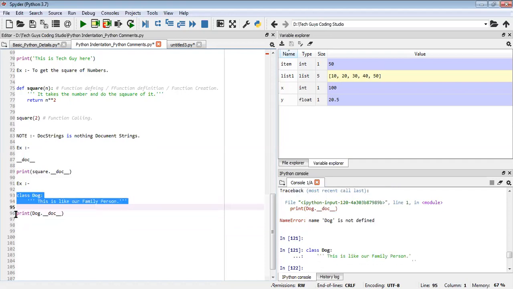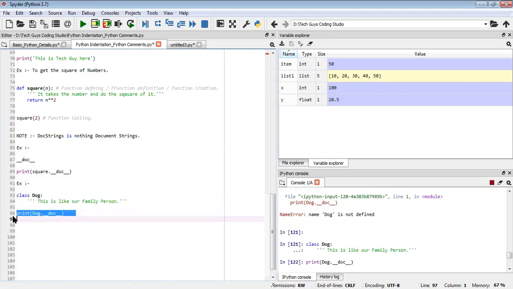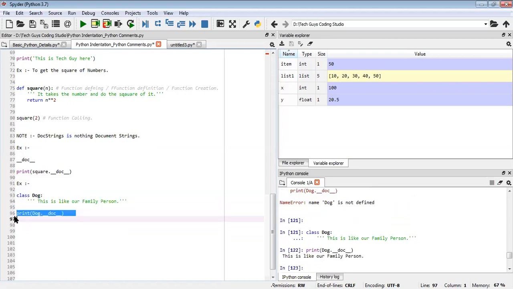First I need to execute it. Okay, this is like our family person. Actually this error, the name dog is not defined, is because I did not execute this class. So now if I execute both together, I'll get the output.